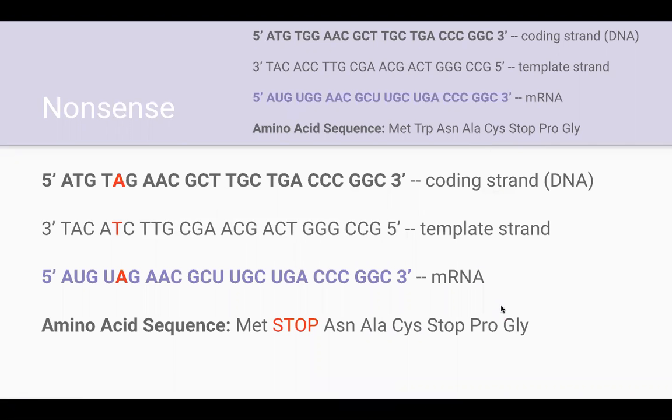Next, we will look at nonsense mutations. A nonsense mutation occurs when a single nucleotide changes to cause a stop codon to be coded for in the sequence rather than a functional amino acid. In this case, we switched a G for an A in the TGG sequence on the normal DNA strand. This switch is known as a transition since the purine G is switched for another purine A. Ultimately, this causes the sequence to read methionine, stop, cutting the sequence short and causing them to code for completely